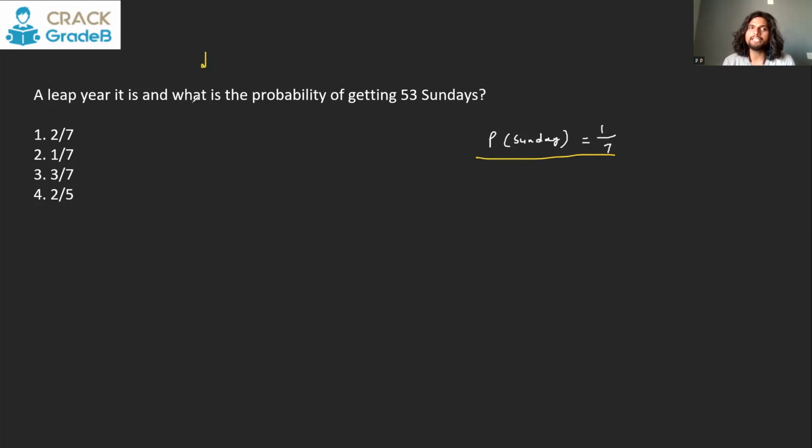First, we have to consider how the year goes. So in a leap year, there are 366 days. If you divide it by 7, we get the quotient as 52 and the remainder is going to be 2. That means there will be proper 52 weeks of 7 days each and 2 extra days. If there were 364 days, proper 52 weeks would be there. That means every day is going to appear 52 times.